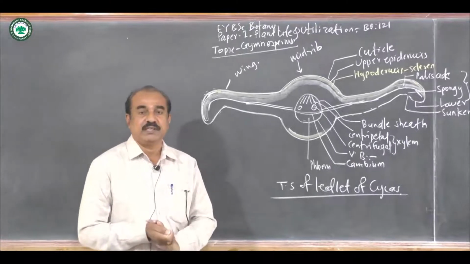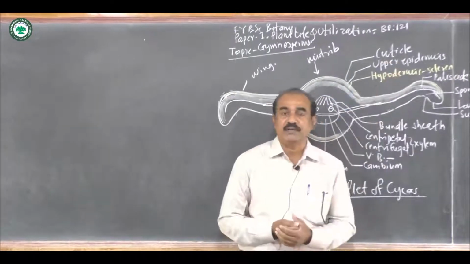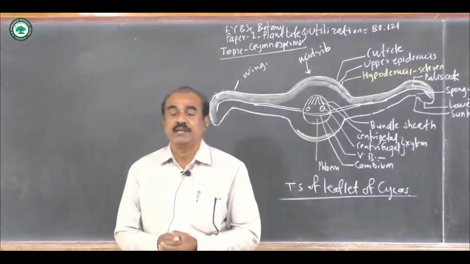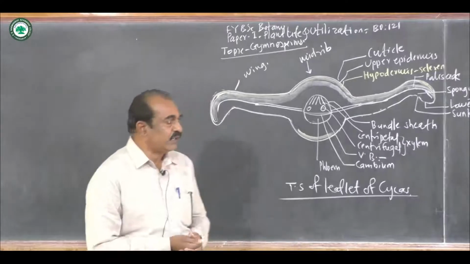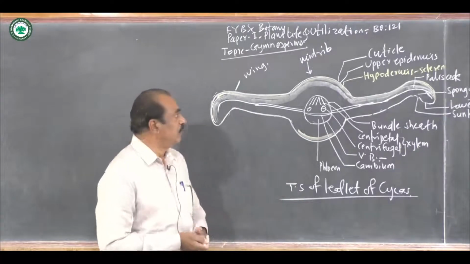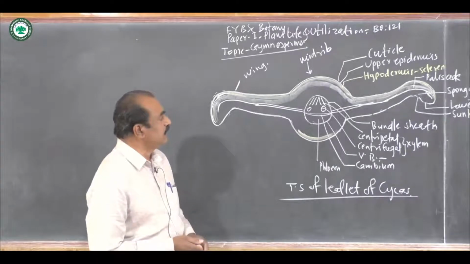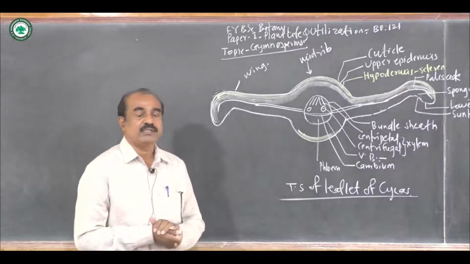Now just below the upper surface, there is the mechanical tissue. It is called the sclerenchyma, and that layer is called the hypodermis. Now in this hypodermis layer, the cells are sclerenchymatous. That means there is a deposition of lignin, etc., and it gives strength and rigidity to this lamina or leaflet. Now at the center there is a vascular bundle, and the type of vascular bundle is conjoined, collateral,